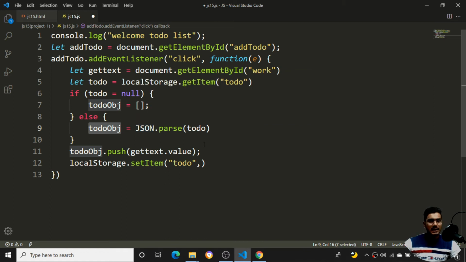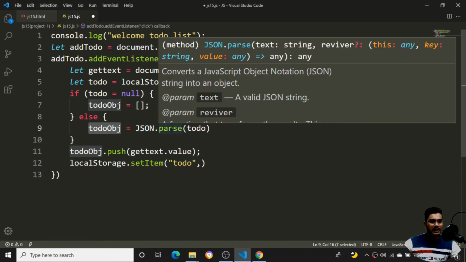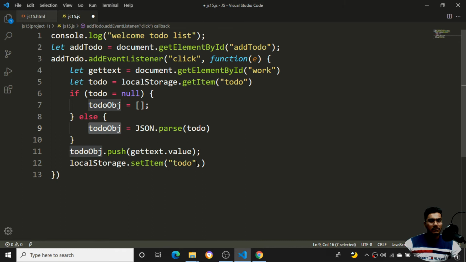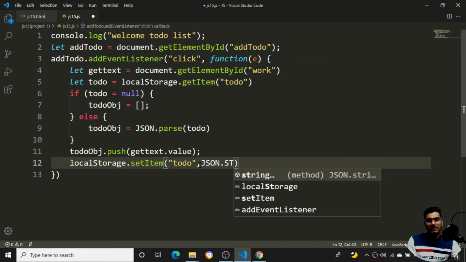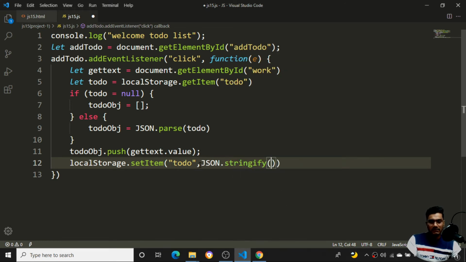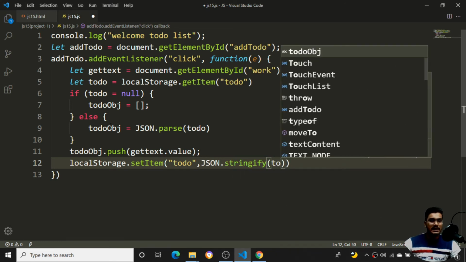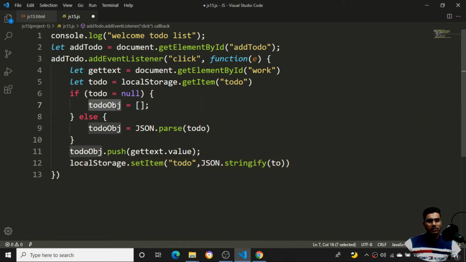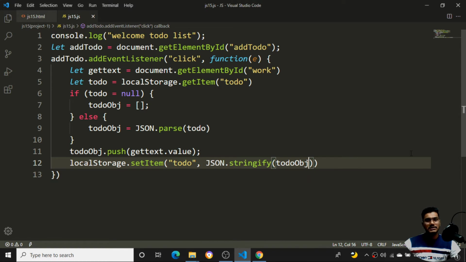To access the data, I need to convert it into an array object; to store it, I need to convert it with stringify. So I'll apply JSON dot stringify to whatever data is there in the object array, the to do object.